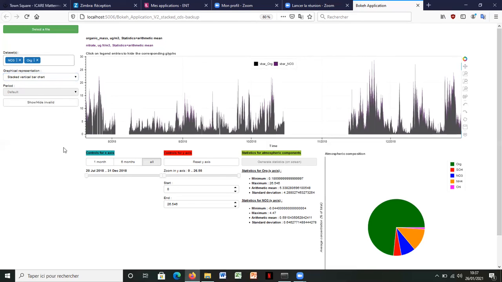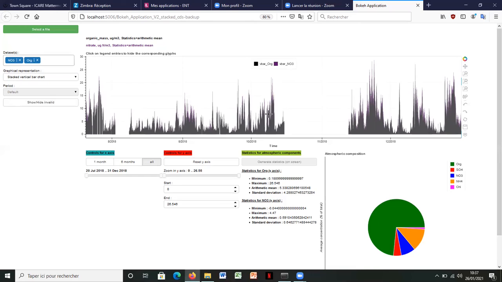So here we have our new representation. Stacked vertical bar charts are commonly used by researchers who deal with ACSM data. In fact, I will zoom in to explain how you can read the chart.